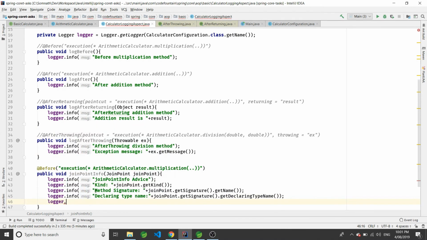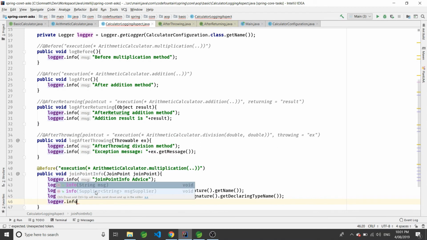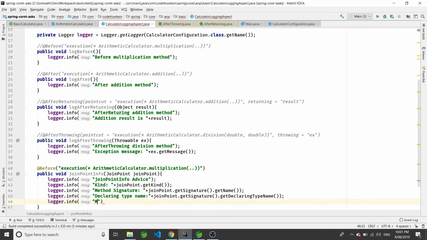Next, we are going to access the arguments, the method arguments.